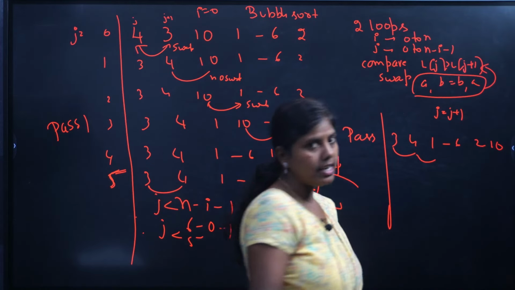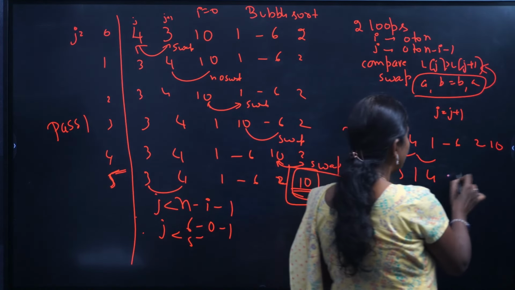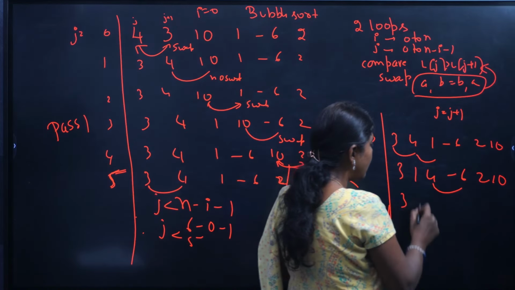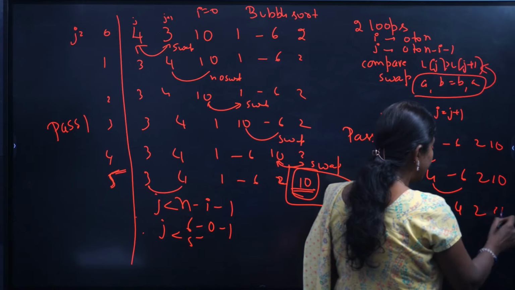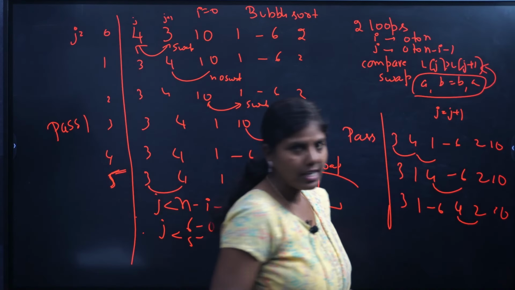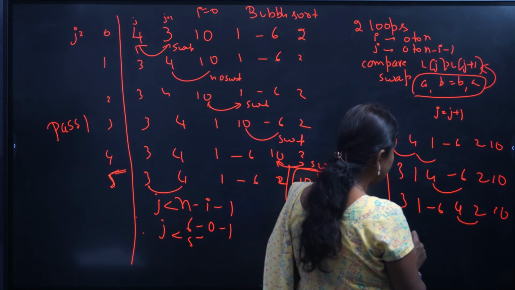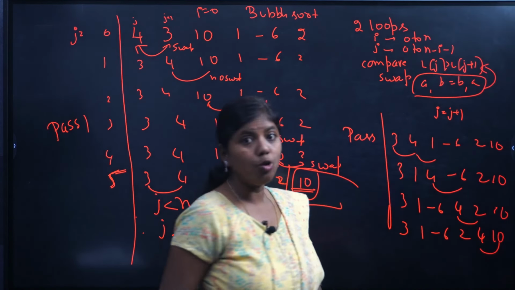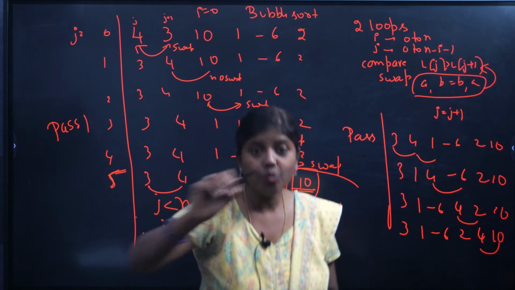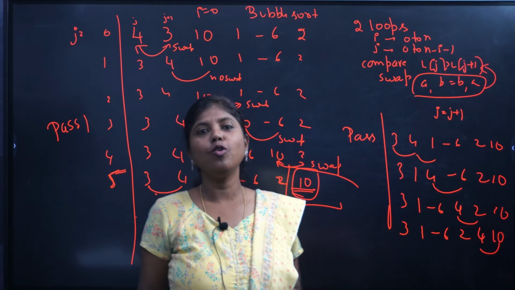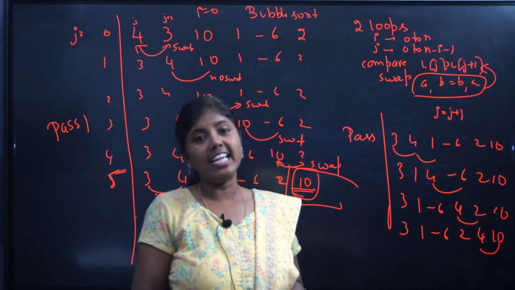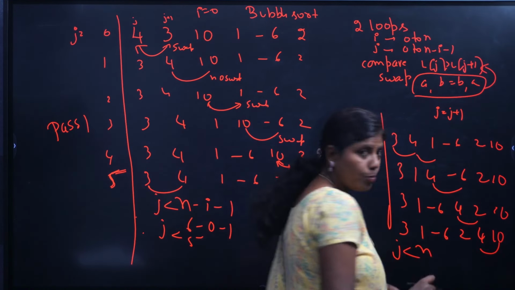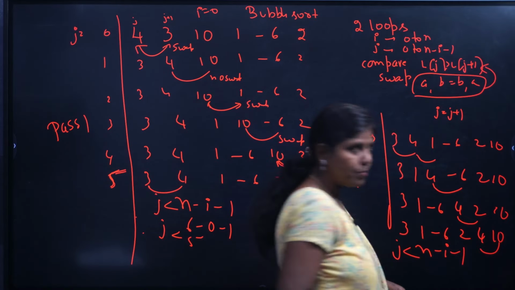4 and 1 definitely need swapping: 3, 1, 4, minus 6, 2, 10. Then we have 4 and minus 6. Yes, swapping is required here: 3, 1, minus 6, 4. Then 4 and 2 also swap, so it's 3, 1, minus 6, 2, 4, and 10. Then do I need to compare 4 and 10? I need not, because it is already arranged. 10 is already sorted. That is what I wanted to tell you. J should be less than n minus I minus 1. What is the value of